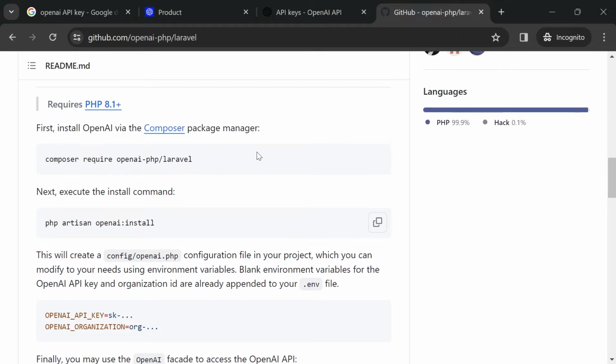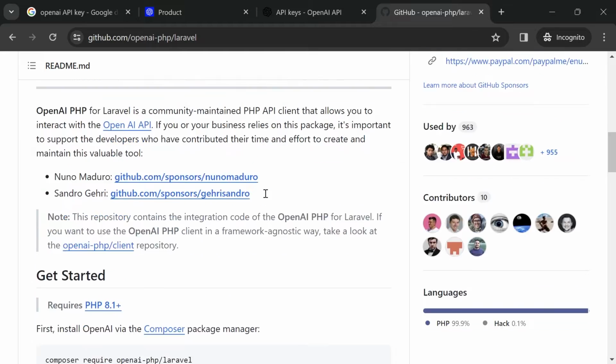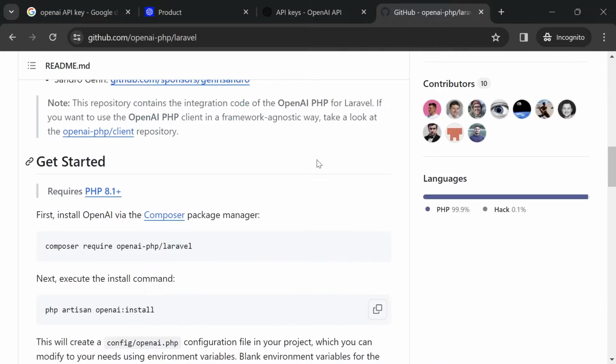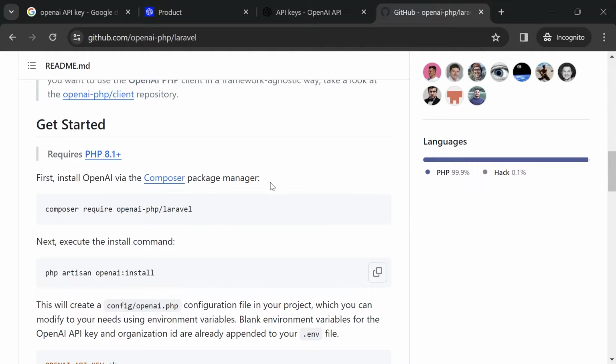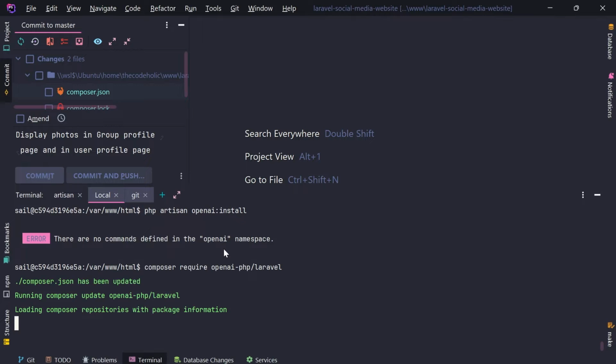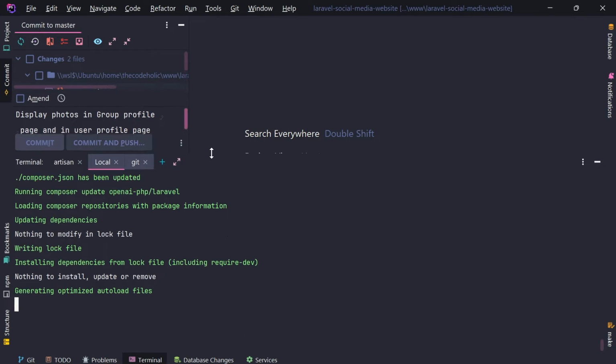Something is broken in the README. We definitely executed this command correctly, right? composer require openai-php/laravel. So